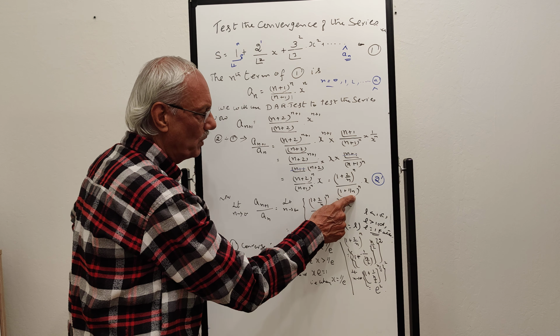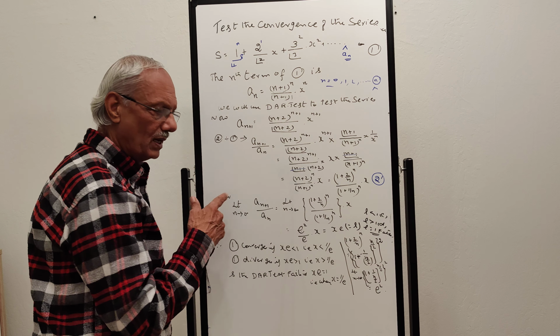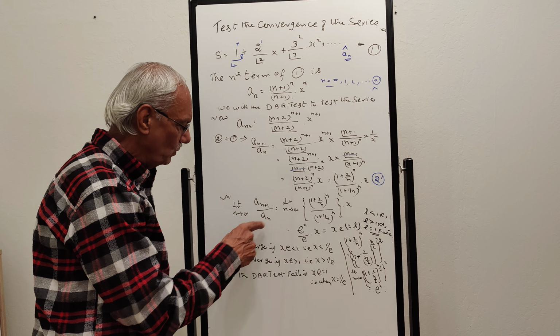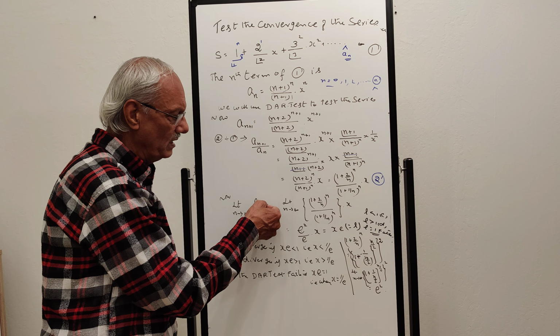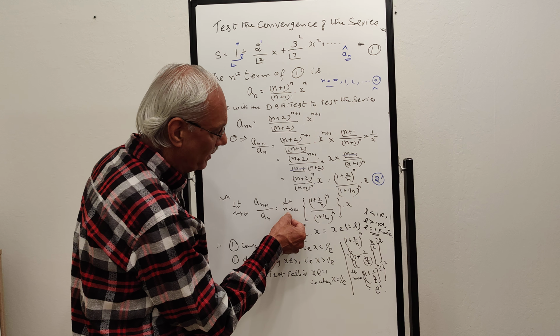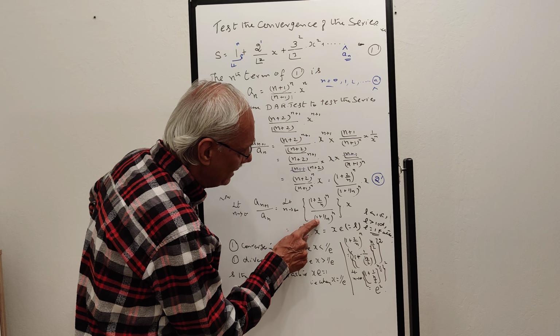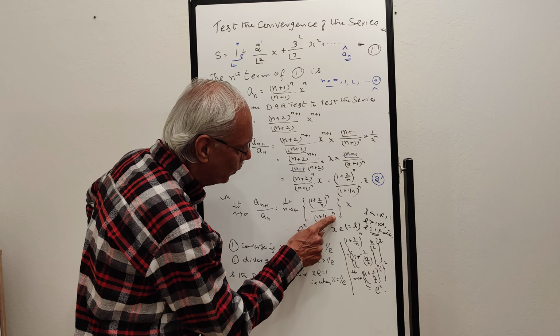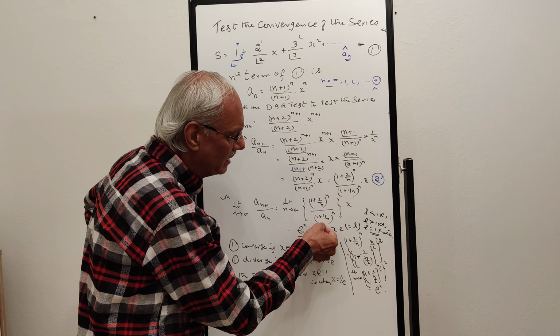Call this as your 2. Let us have the reference as 2. Now apply D'Alembert's test. Allow this n to tend to infinity. When you allow this n to tend to infinity, here you will find that (1 plus 1 by n) whole to the power of n, when n tends to infinity, is nothing but your